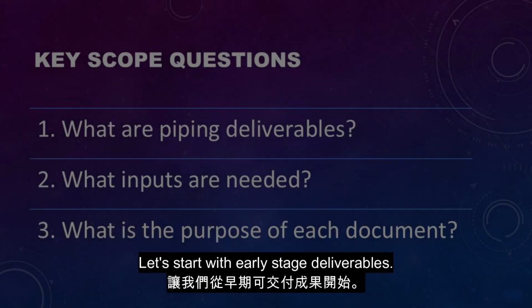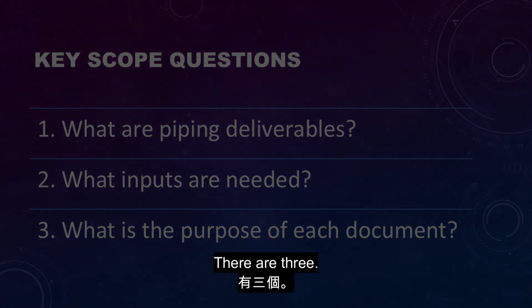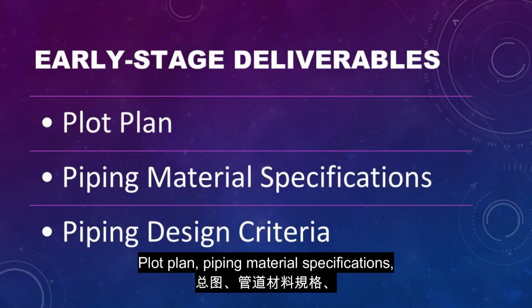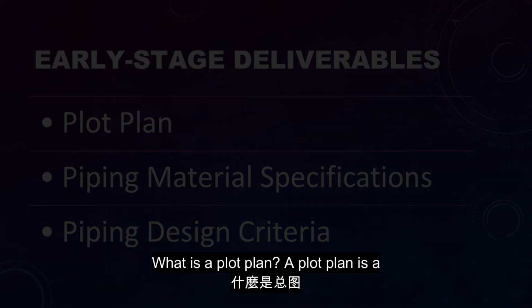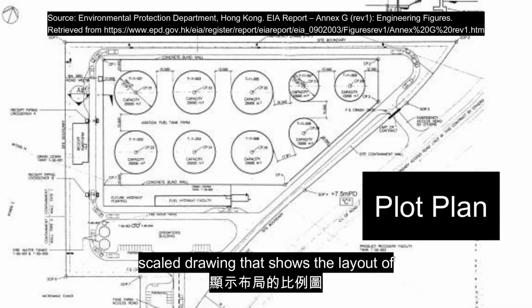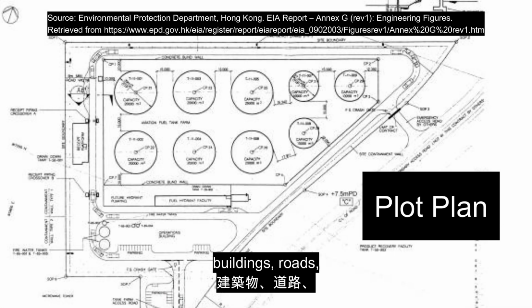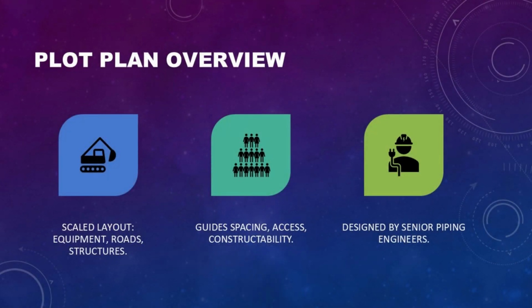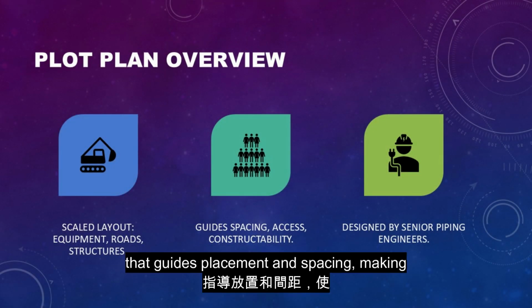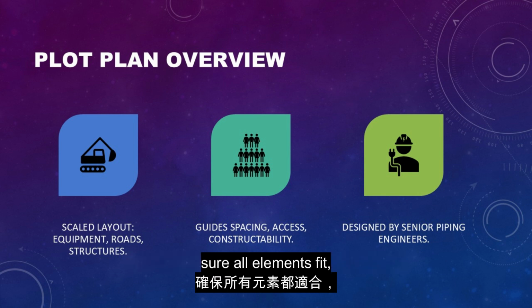Let's start with early-stage deliverables. There are three: plot plan, piping material specifications, piping design criteria. What is a plot plan? A plot plan is a scaled drawing that shows the layout of equipment, buildings, roads, pipe racks, and other facilities in an industrial plant. It acts as the master plan that guides placement and spacing, making sure all elements fit,